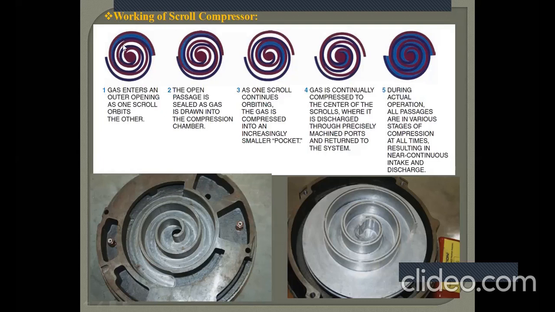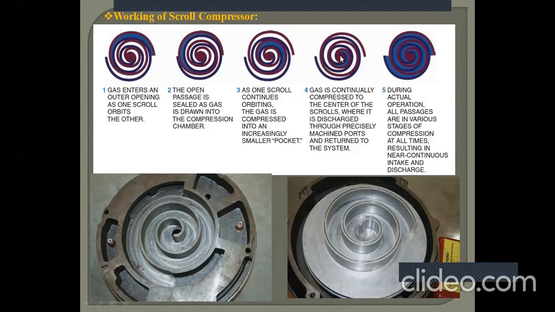The gas enters an outer opening as one scroll orbits the other. As I told you, one scroll is always fixed, which is red in this case, and the blue scroll is continuously rotating. First, during suction, the refrigerant is taken in. As the blue scroll moves and the red one is fixed, the pocket generated between the scrolls compresses the refrigerant continuously, and finally it is thrown out from